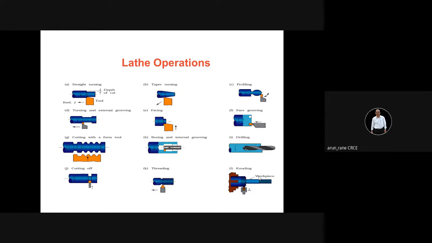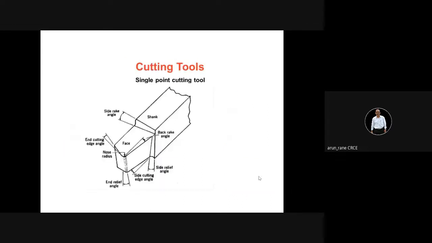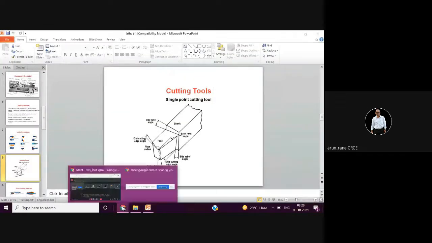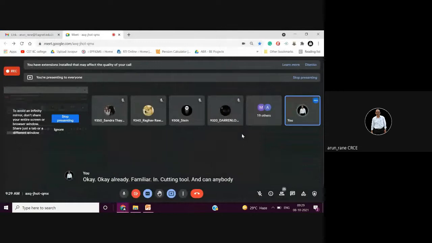So these are the various lathe operations you are already familiar with. Then this is a cutting tool.